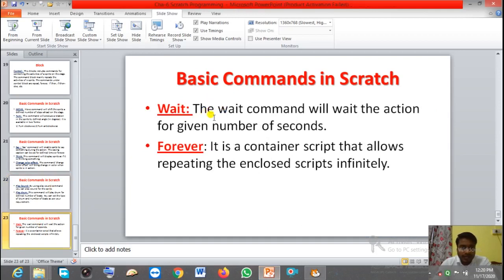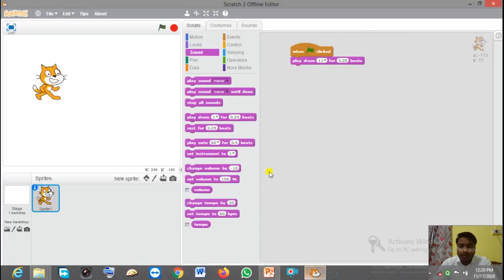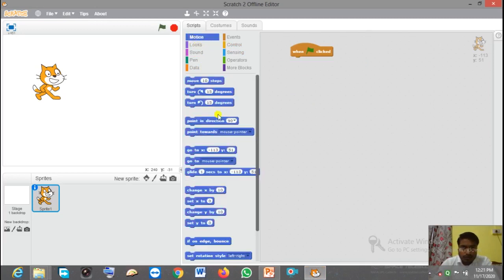Then we have the wait command. The wait command will wait the action for a given number of seconds. Now let me show you the practical. Suppose you want this sprite to move in forward direction by 50 steps.